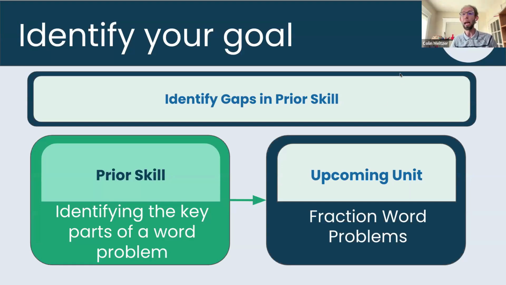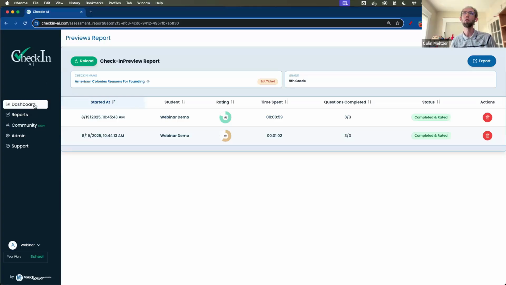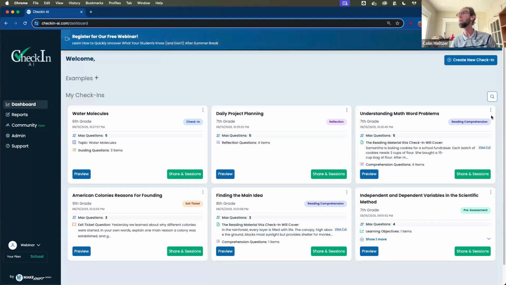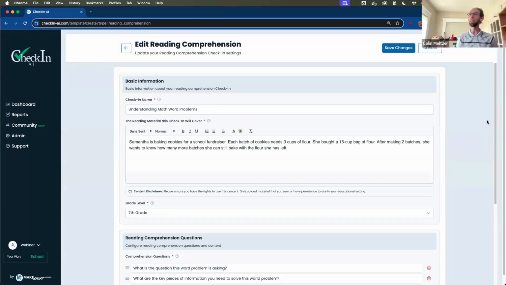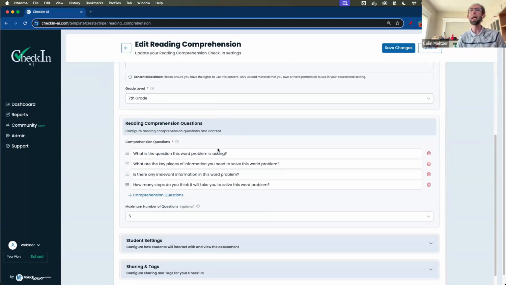And this is where I use that reading comprehension check-in again, but I used it for math. So, for example, here it is. This is the same reading comprehension check-in. And instead of a paragraph, like I would in language, I put in a word problem about Samantha baking cookies for a school fundraiser. And I asked